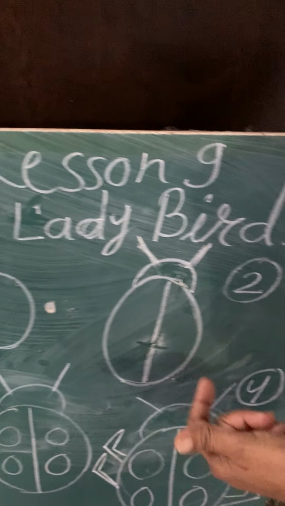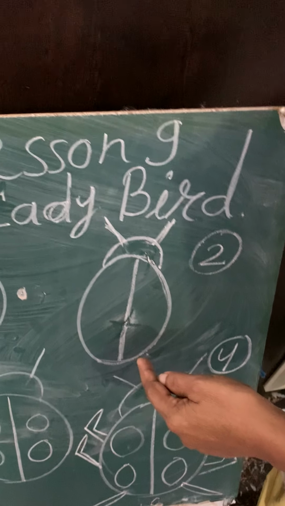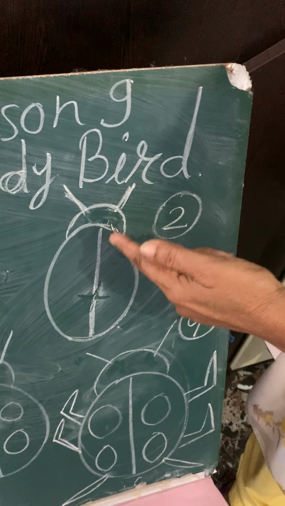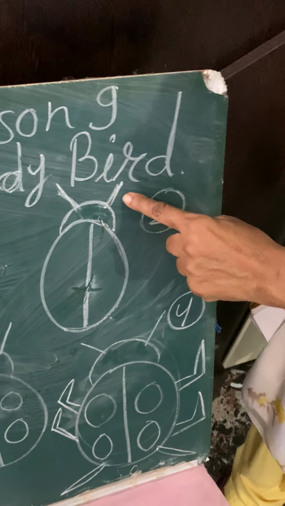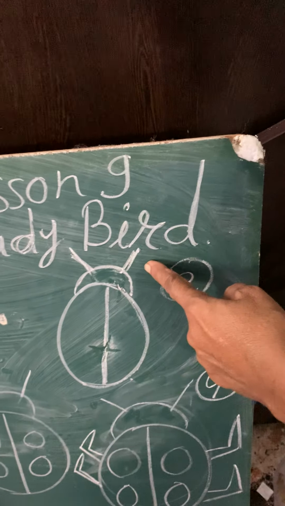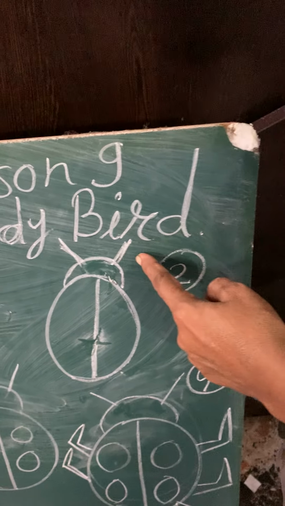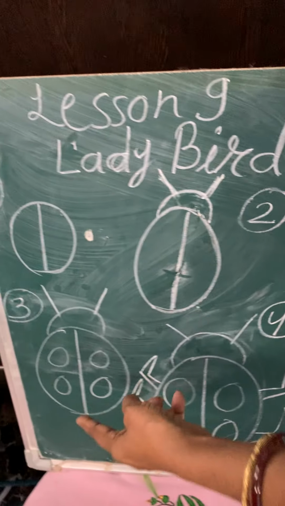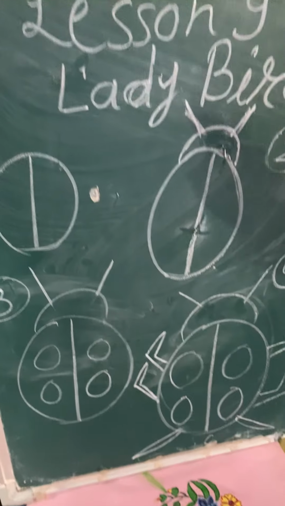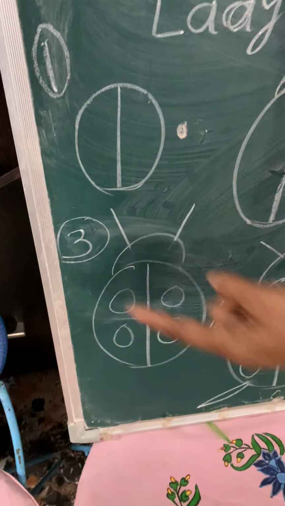We draw a circle and a line inside it, and then we draw a half circle for the face, and here are 2 stings. These stings help the ladybird to smell. Okay. Now the third step is we again repeat our first step, then second step, and in our third step,